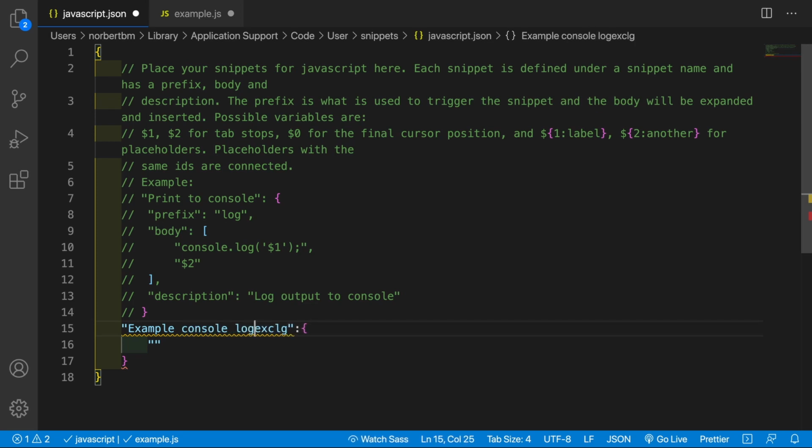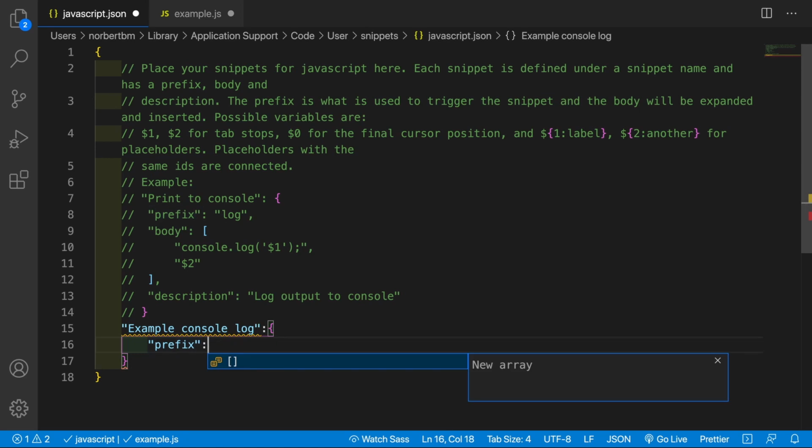Console log. And I'm going to copy this. I know I didn't tell you about keyboard shortcuts, but you use Shift, Control, or Command, and this will step to the end, but I want to go a bit back, so Shift here, arrows, and then Control X. Go down here and type in prefix, exactly as it stands in the example. Outside, we'll now type in our prefix within quotations, which will be XCLG, okay, comma,